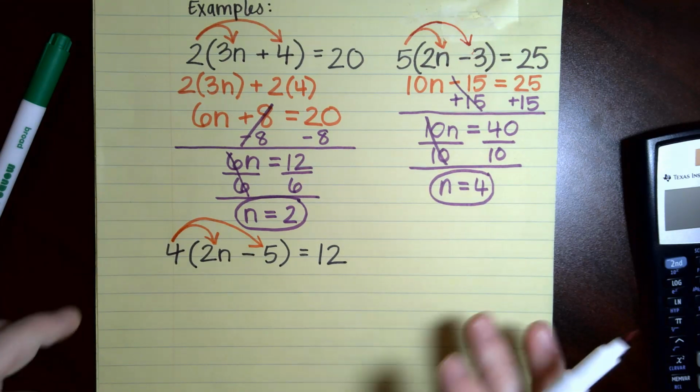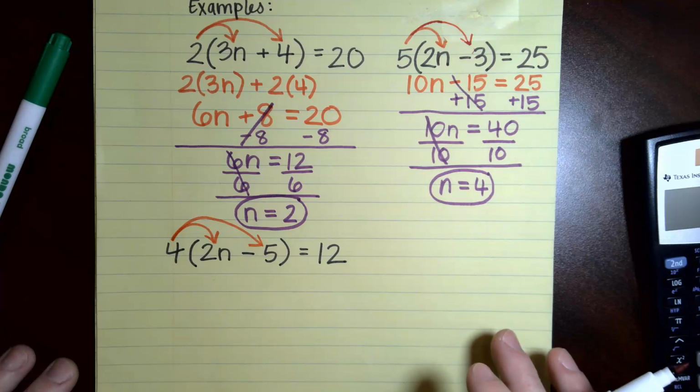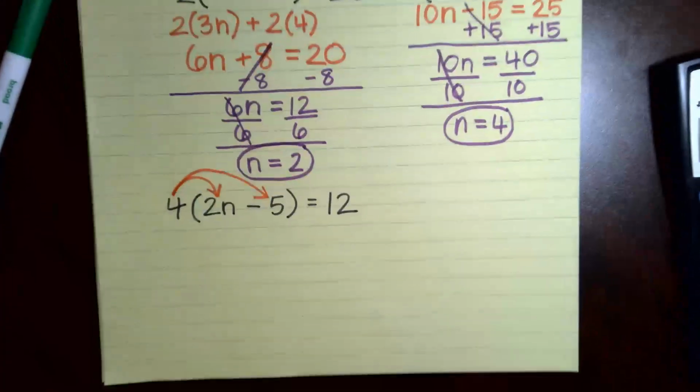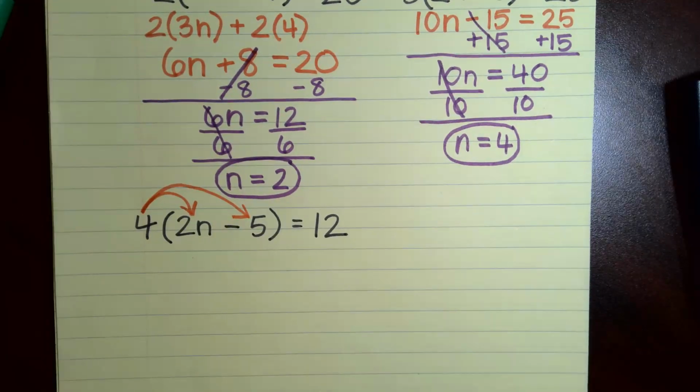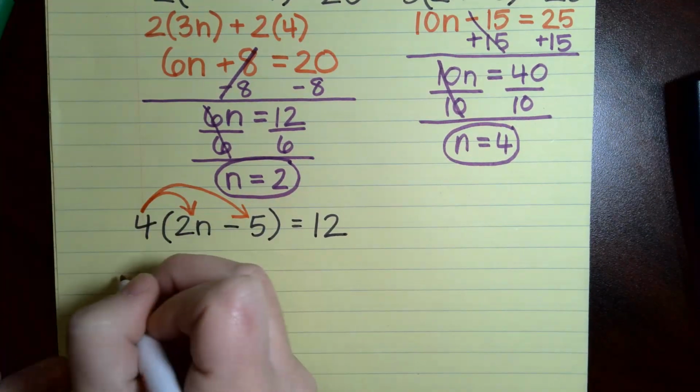Would it be helpful if I wrote out the 2 different processes to help understand? Okay, so let me show you the 2 different methods that we're doing here. We could either do 4